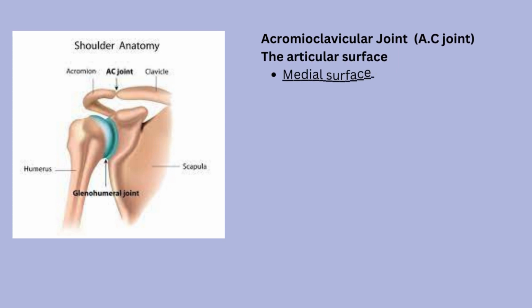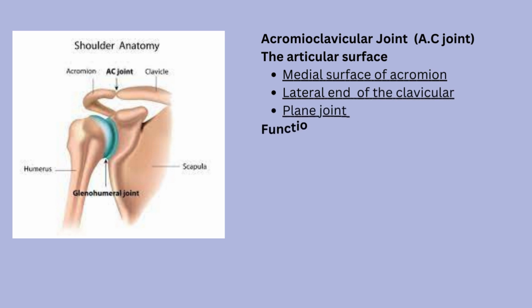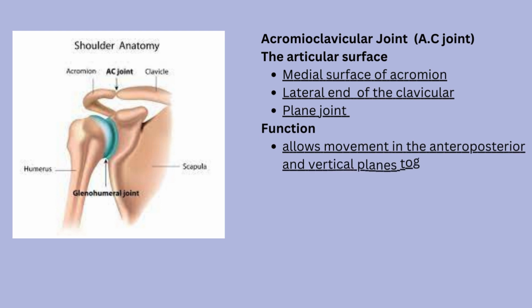The acromioclavicular joint, AC joint, is a synovial joint located at the junction of the acromion process of the scapula, shoulder blade, and the lateral end of the clavicle, collarbone. It is one of the main articulations in the shoulder complex, and plays a significant role in shoulder stability and movement. Ligaments. Several ligaments support and stabilize the AC joint, including the acromioclavicular ligament, which connects the acromion to the clavicle and